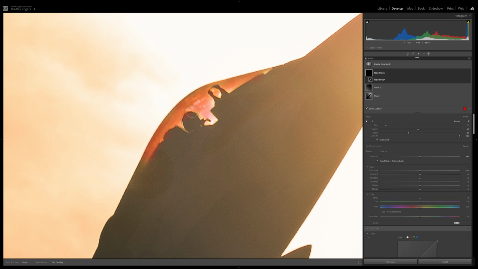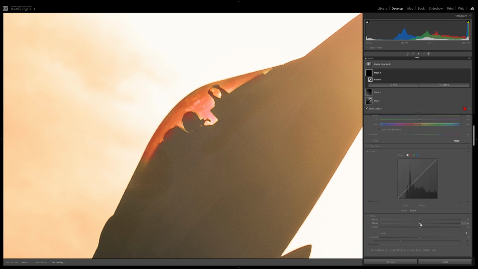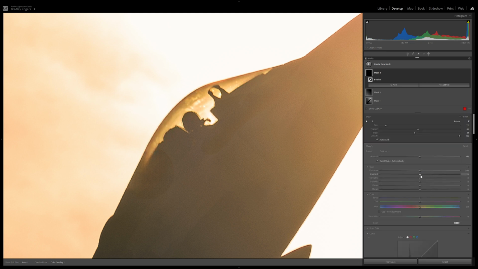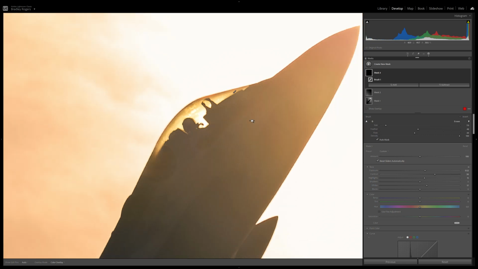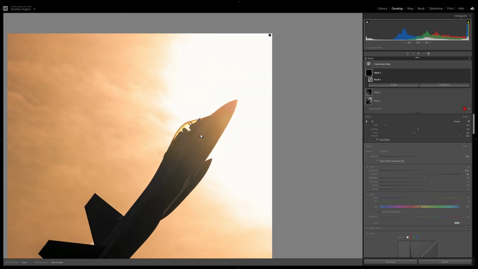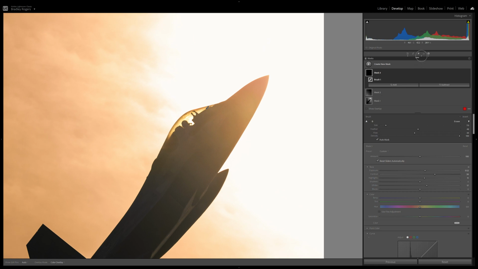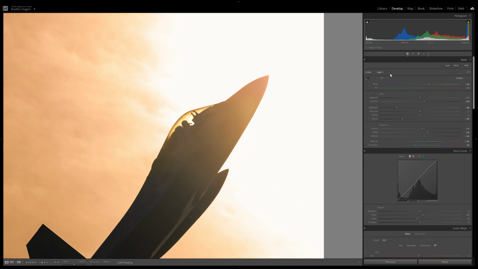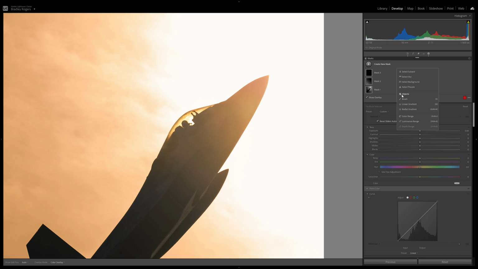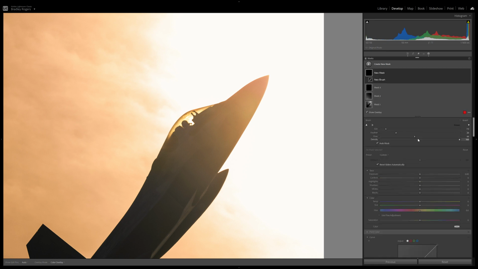And to help cut through that glass, I'm going to use a bit of clarity, contrast, and then I'm going to brighten that area just to help bring out the detail. And I just want to use a small darkening brush,